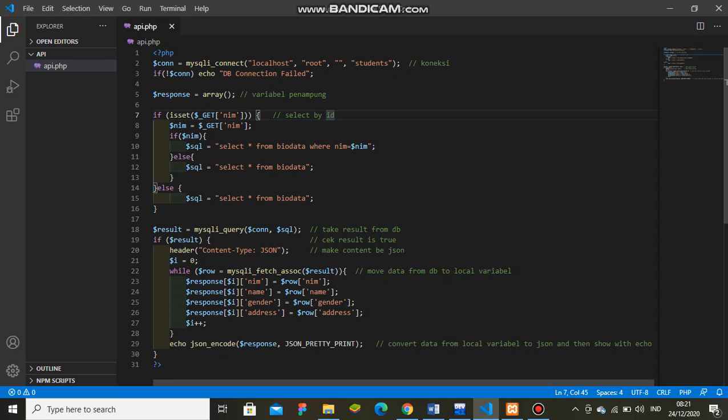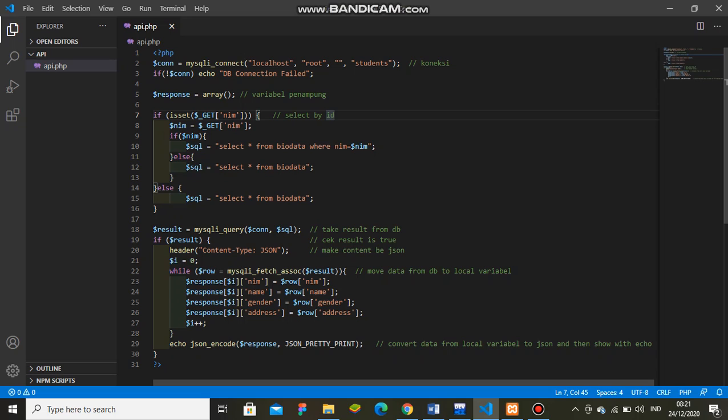Next, in lines 7 until 16, we need to check the name when the developer selects by ID. First, we check whether the link includes the name or not.